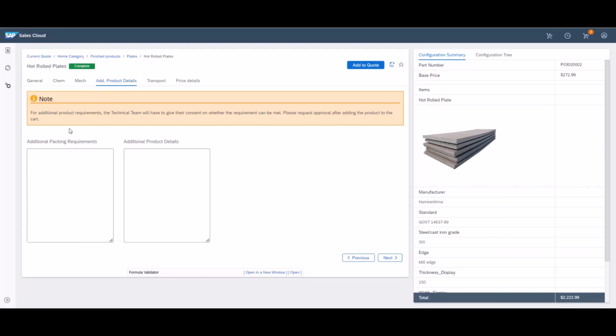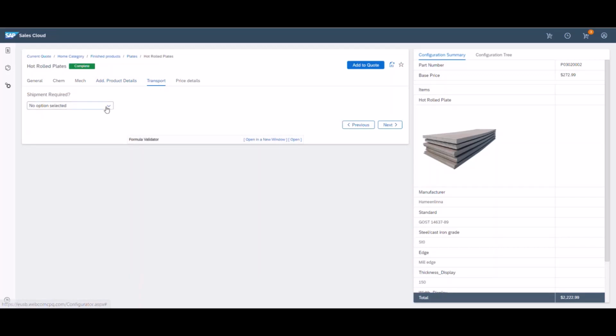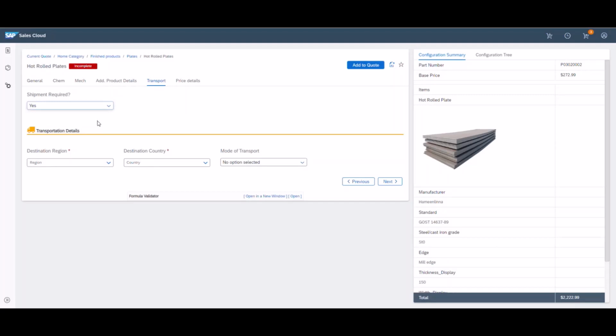Additional product details is used for additional product requirements for technical team to approve in case capability check is initiated. Transport tab is all about shipment possibilities. Let's say we need a shipment, and that triggers a CPQ rule to display other related shipment information like destination